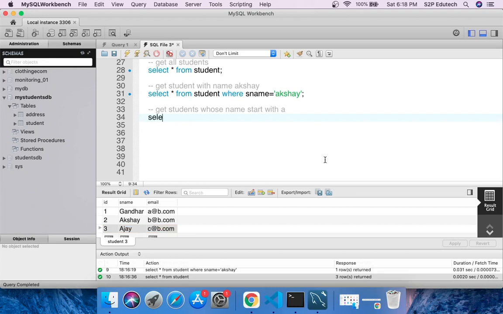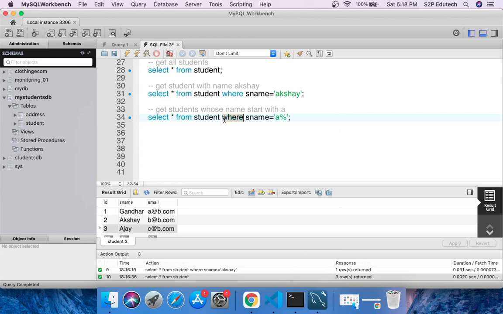So I would say select star from student where s name like, instead of equals to I am saying like. Or instead of like, we can simply say s name equals to, and in single quotes I'll give A and a percentage.